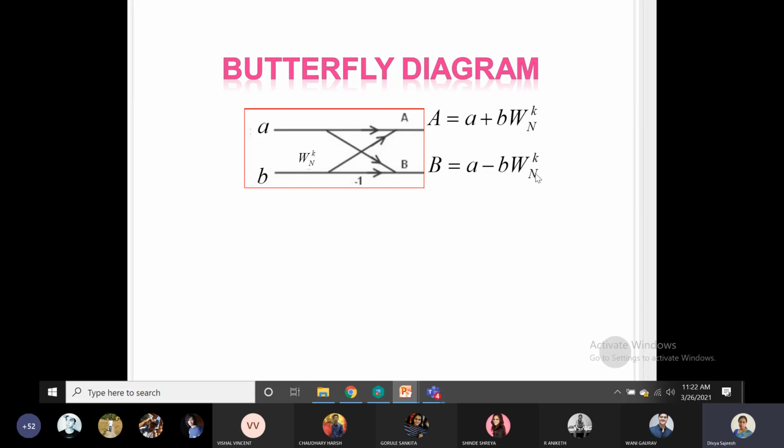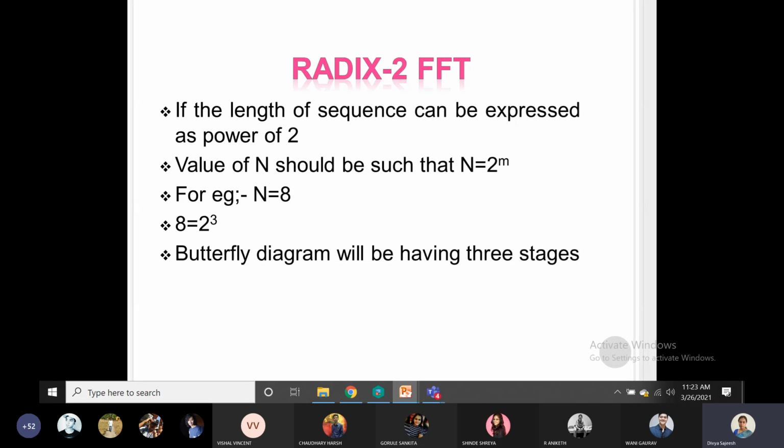Now this capital N value of the twiddle factor will be replaced depending upon the stage in which you are going to use the factor. First stage it will be 2, second stage it will be 4 and third stage it will be 8. This is what we are learning in your subject, the radix 2 FFT. So instead of taking the general case, let us consider that the sequence length is 8, and with respect to that you will learn the FFT. That will be easier than first explaining in the general way and then coming to the actual numerical.